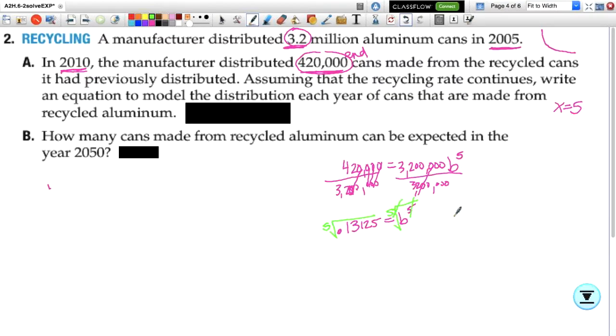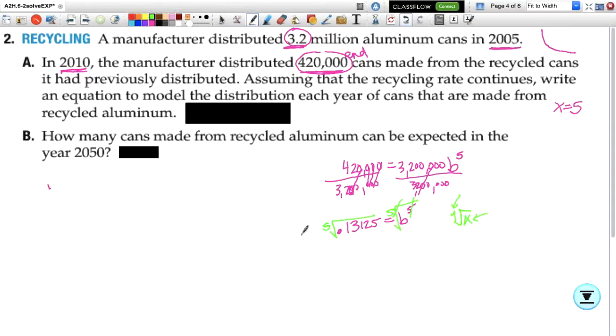I'm going to use the y square root of x. I'm going to type in my x first, press this whole button, and then type in the y after. So I'm going to do 0.13125. I'm going to press that little square root of x with y being the index button, and then I'm going to type in a 5. And I get